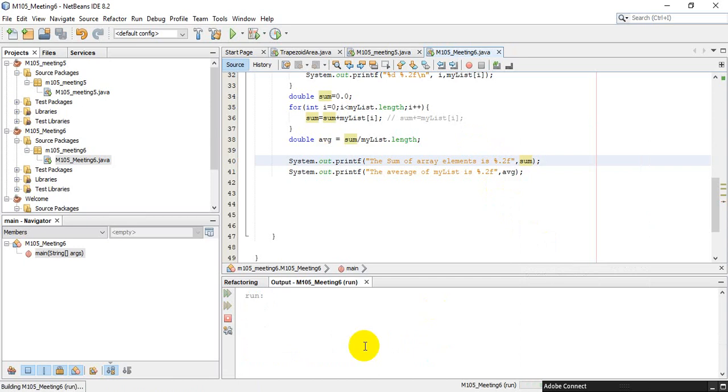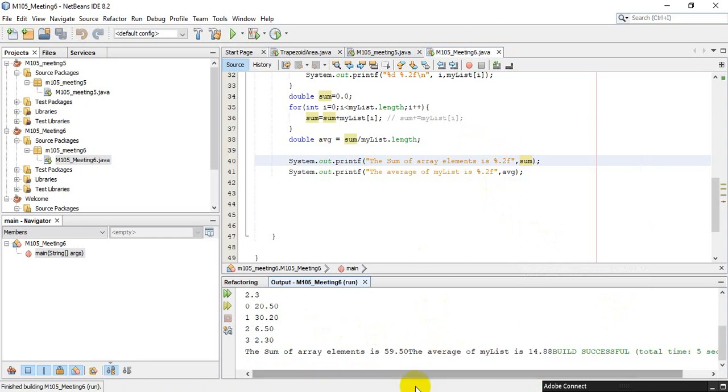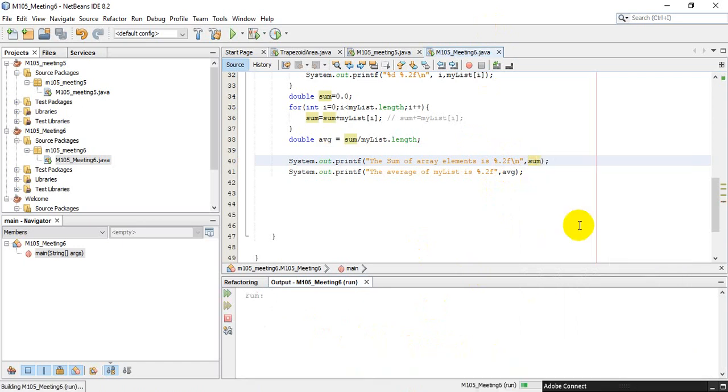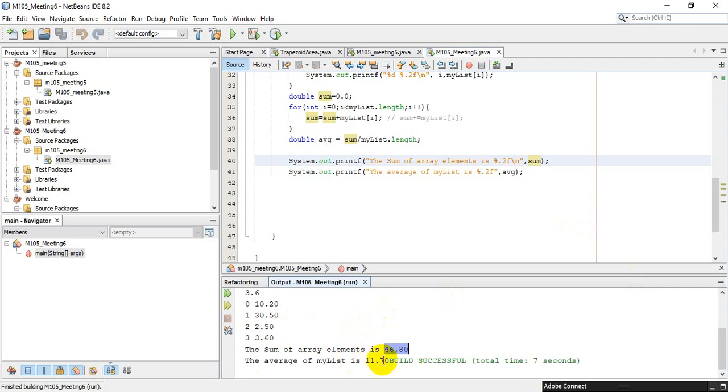So now you can see 20.5, 30.2, 6.5, 2.3. The sum is this and the average is 14.88. Okay, if we want to take it to the new lines, 10.2, 30.5, 2.5, 3.6, the sum is 46.8 and the average is 11.70. Now if you want to find what are the number of elements which is above the average,